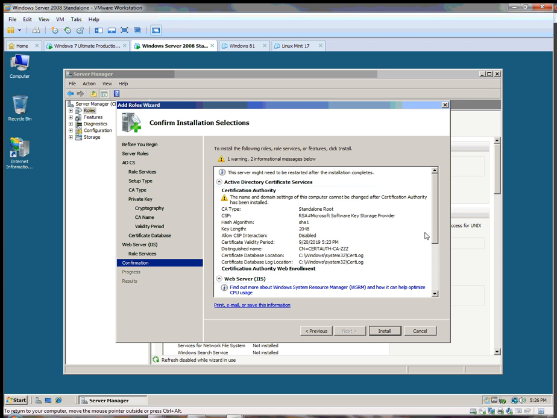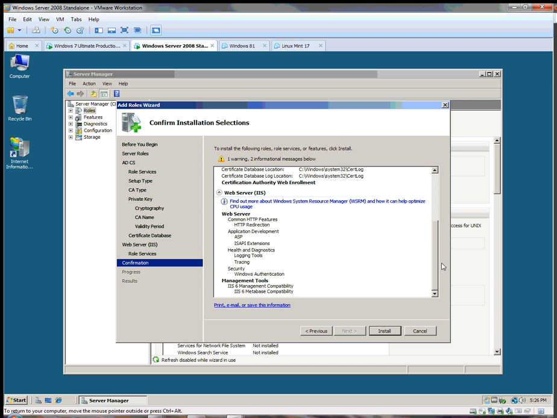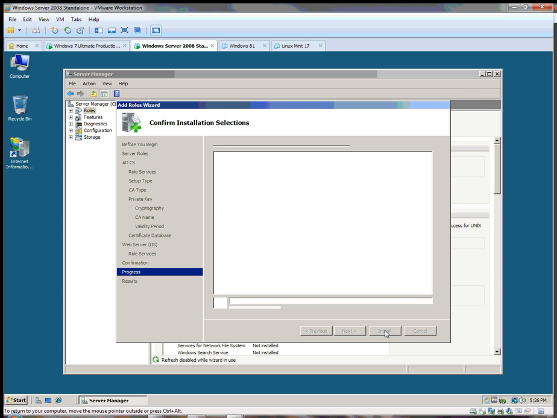And then finally, we get a confirmation screen that Active Directory Certificate Services on this standalone root CA are going to be installed with these particular credentials. And then we're going to come down and look at this. The rest of it here just tells us basic information about the web server. So let's go ahead and click Install. All right, so now it's going to go out and install the Active Directory Certificate Authority Services on this server. This is going to take a few minutes, so I'm going to go ahead and stop the video and come